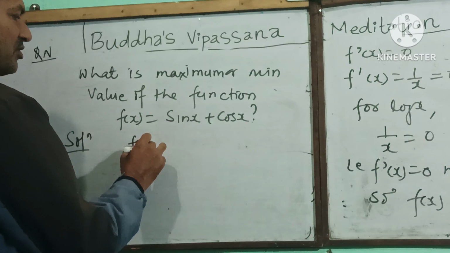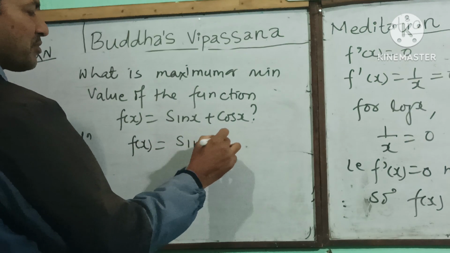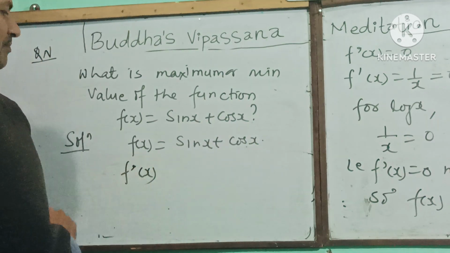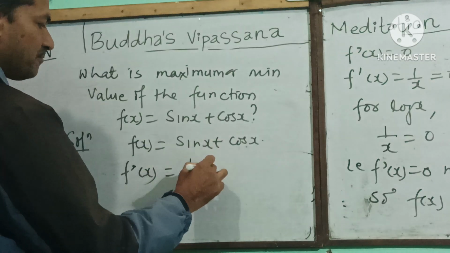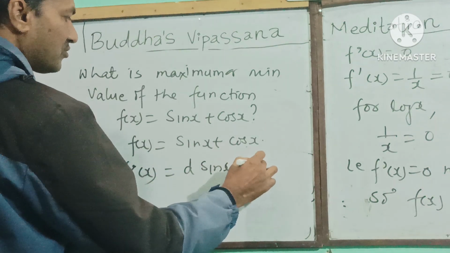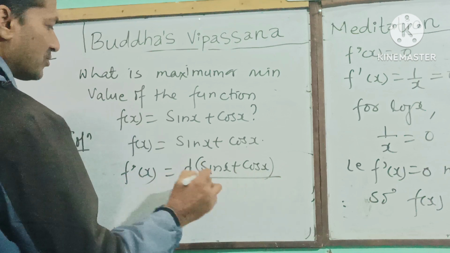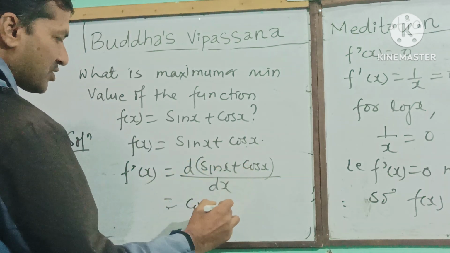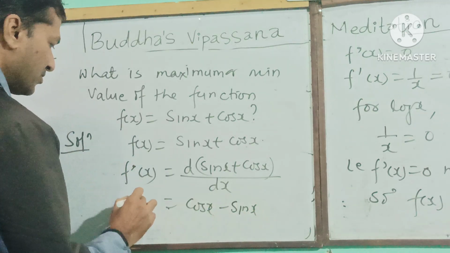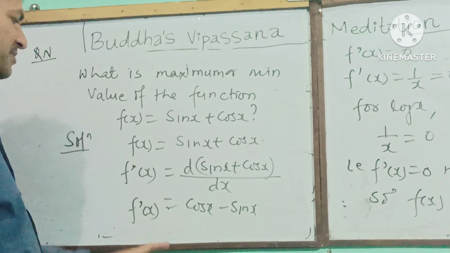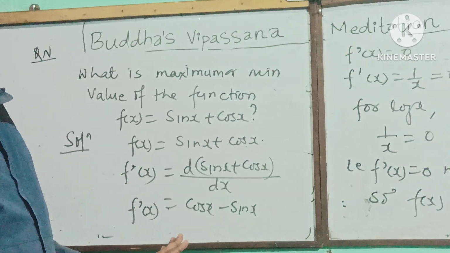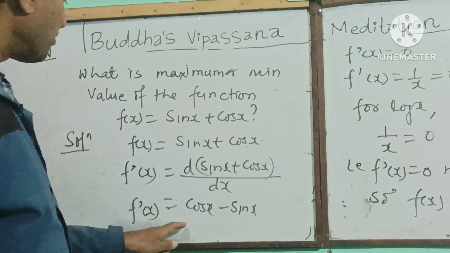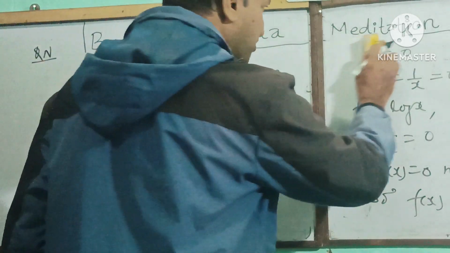f(x) is equal to sin x plus cos x. So f dash x means derivative of this function. The derivative of sin x is cos x, and the derivative of cos x is minus sin x. So what value of f dash of x are we getting? Cos x minus sin x. So in the first step, the first derivative we are getting is cos x minus sin x. Next one,